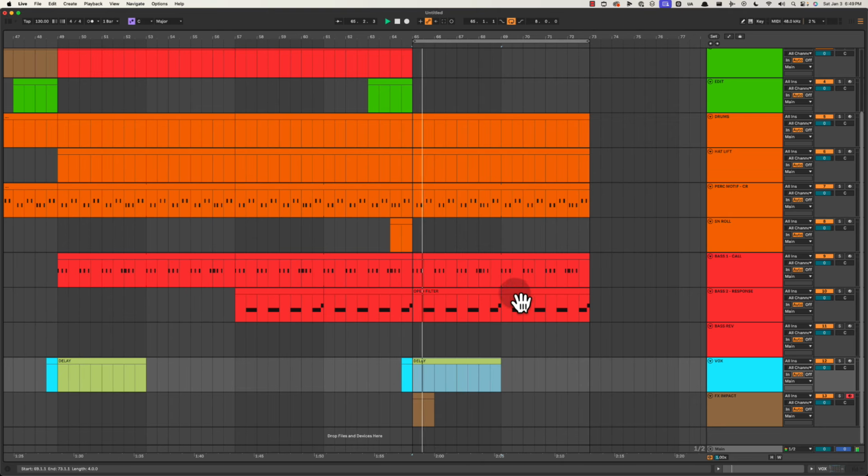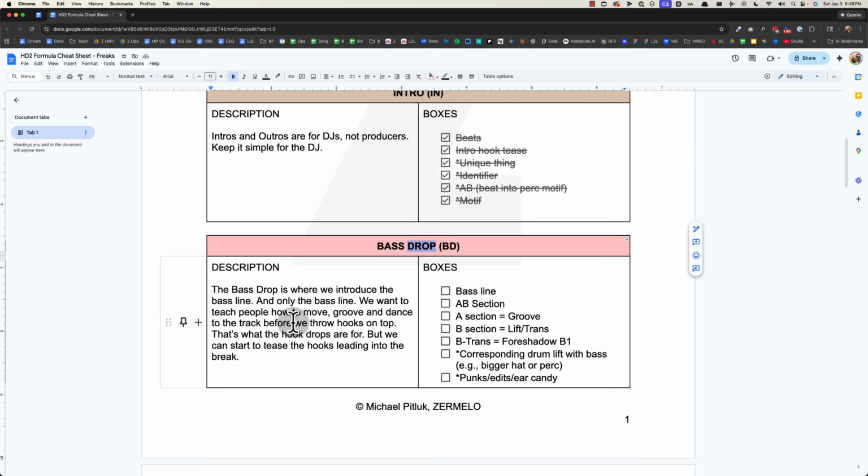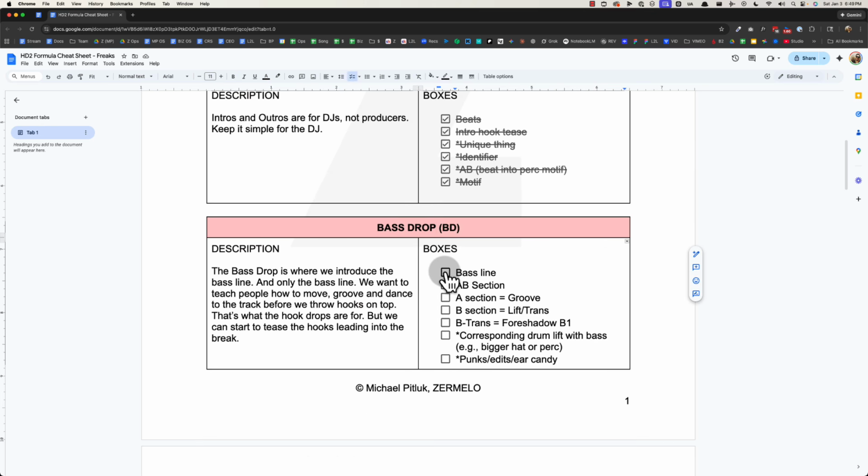Cool. But let me just back up so we don't get lost. Again, we're analyzing both these. We just did a little analysis of the core motif there, and we really saw most of the parts come together. We've got the percussion, we've got bass 1, we've got bass 2, and then let's now look back at the structure. So the bass drop, what do we have? Did he introduce a bass line? He did. Did he have an A section, B section? He did, because this was bass 1 and bass 2. And then he kind of has a little bit of a C section, you can say, but